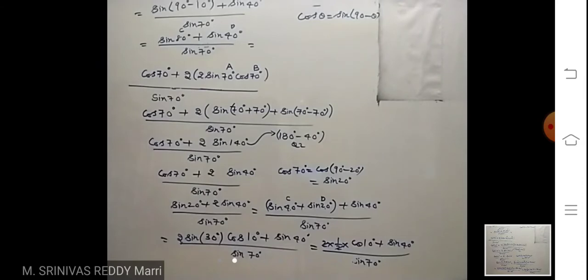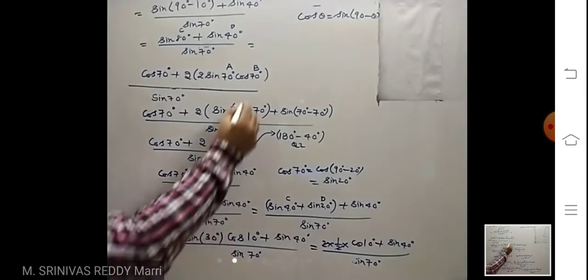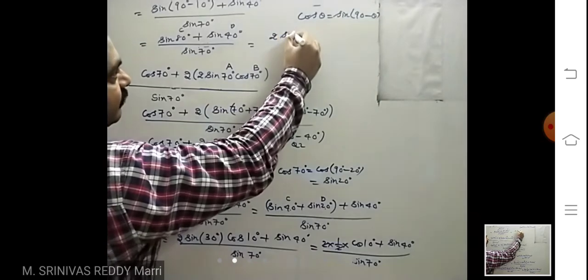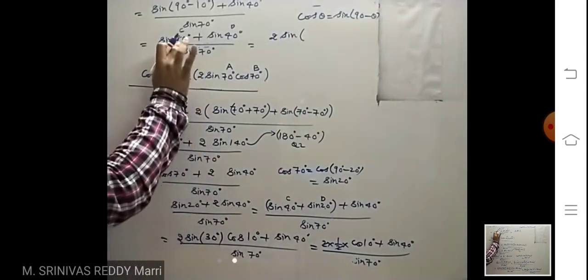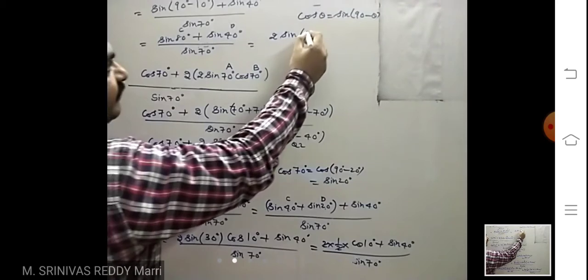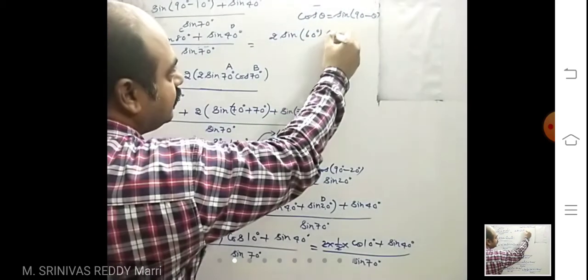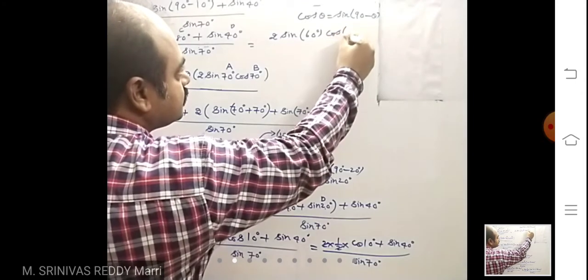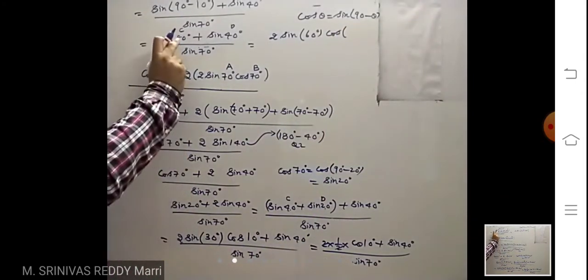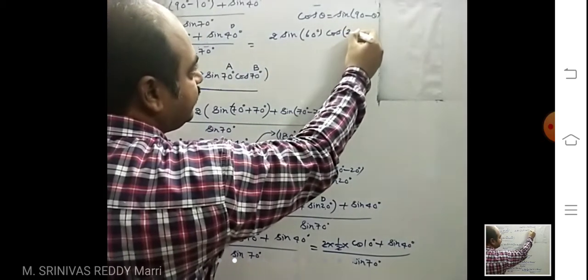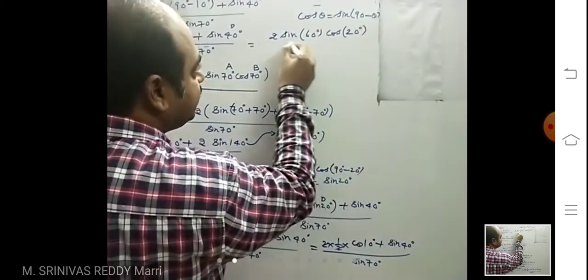In this only, third time I am writing sine C plus sine D. You must write directly 2 sine C plus D by 2. C plus D means 120 by 2, that means 60 degree, cos C minus D by 2. C minus D by 2 means 80 minus 40, 40 divided by 2, cos 20 degree